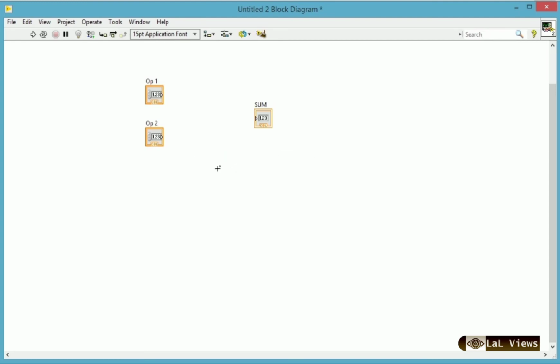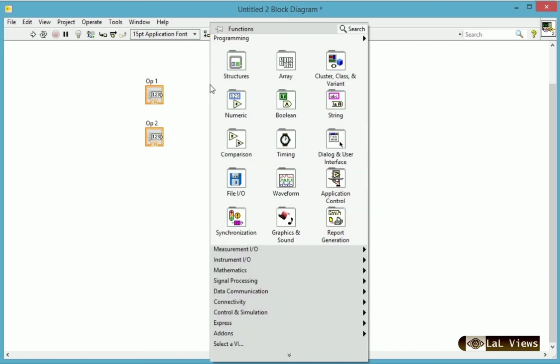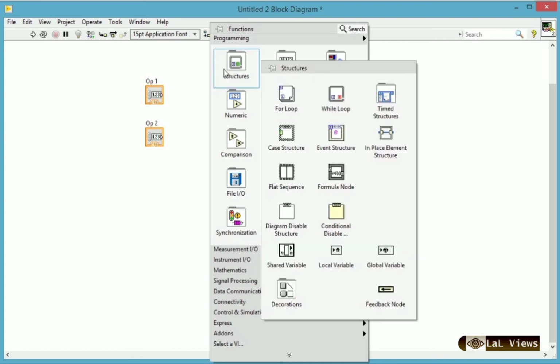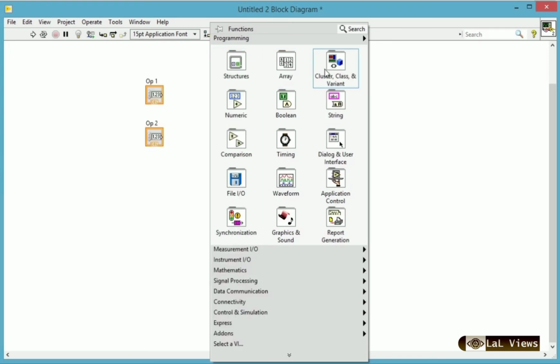Okay, so the same operands are created in the block diagram. First of all, we should perform the sum operation. For that, we just right click, and there are a lot of functions here. Structures include for loop, while loop, case structure, event structure, flat sequence, etc. Then arrays, clusters, then numeric.